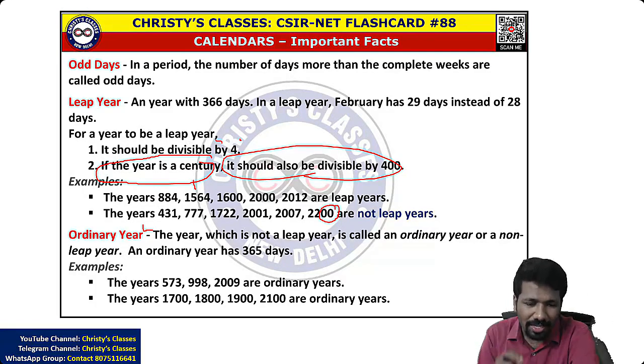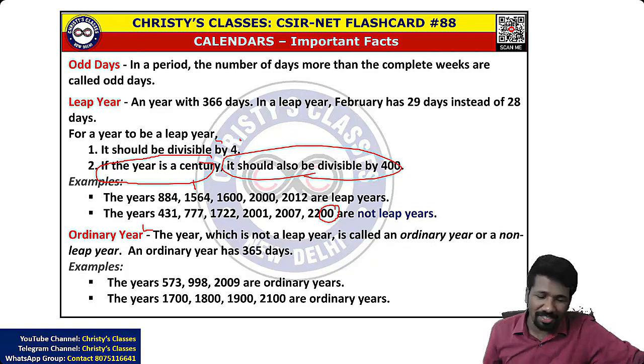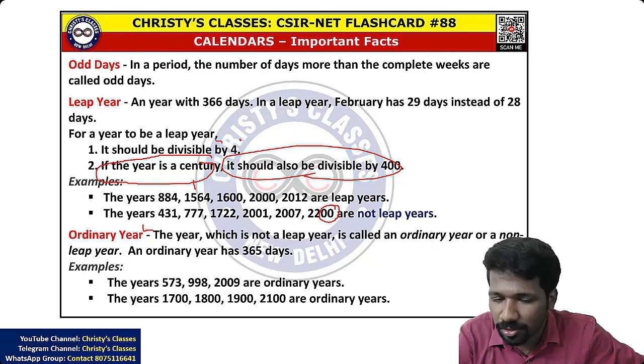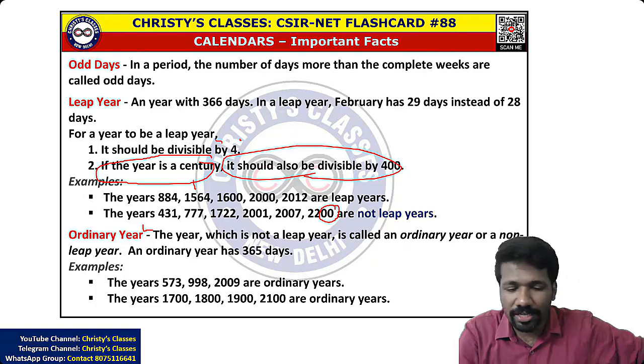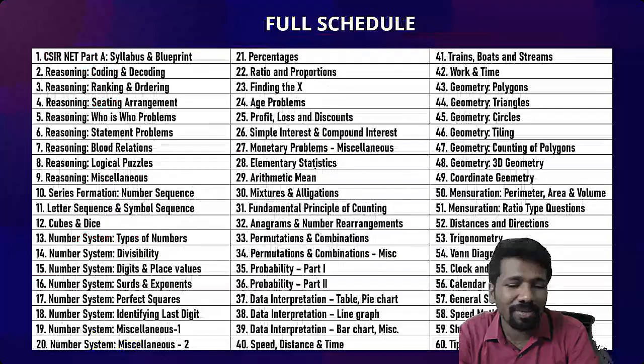But what I'm saying is CSIR ने एक बार direct question पूछा है whether you know this concept or not. Direct means using the help of a probability concept they have asked it. So indirect question. But what I'm saying is just to check whether you know the second criteria of leap year, CSIR have asked previous year question on that. We'll discuss that on that particular chapter. So unlearning and relearning, please be ready for that.